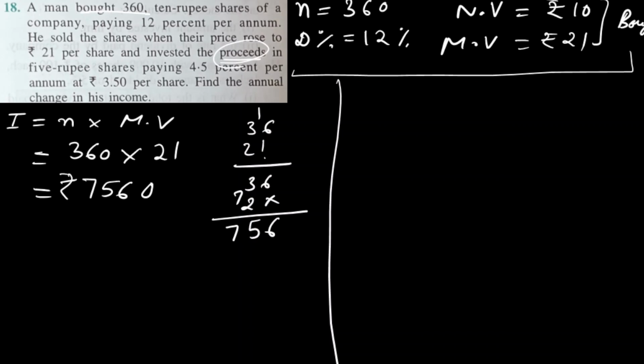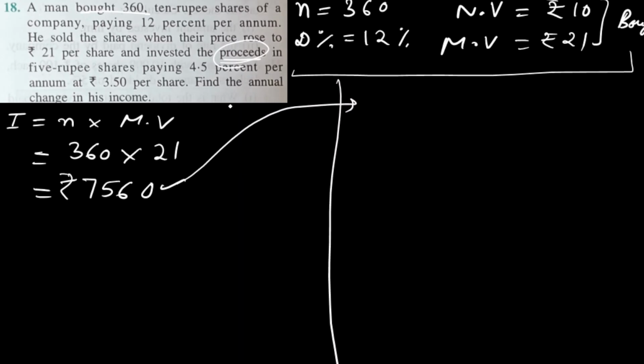Okay, I'll just double check the calculations. 360 into 21. Yes, correct. See, in between, I'll just check my calculations with the calculator so that I don't go anywhere wrong. These are very, very long videos I am making, and in between, if something goes wrong, the full video will be of no use, right? So that's why I'm just checking. So this was the investment, right? So this he invested in some other company where,